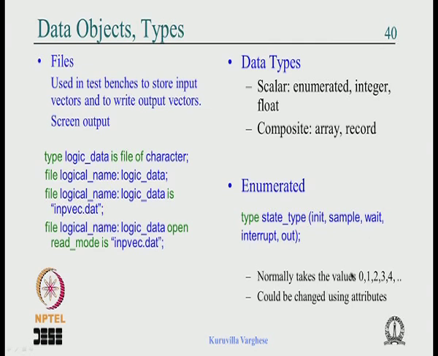But internally, normally when you say this is for convenience, internally it takes the values 0, 1, 2, 3 and 4, and there are 5 states, so it will definitely be represented in 3 bits, okay, that you should not forget. Internally it will be converted to 3 bits, and normally the assignment is sequential like 0, 1, 2, 3, 4. If for some reason you want to change the assignment to some other order, this can be changed using the VHDL attributes, okay. We will see how to do that